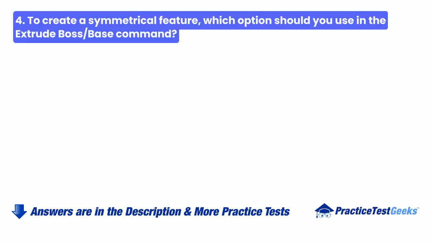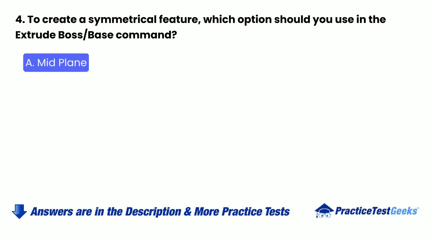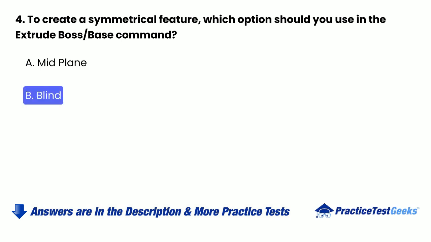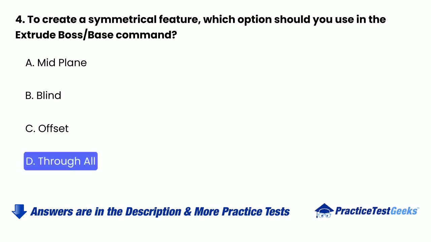4. To create a symmetrical feature, which option should you use in the extrude boss or base command? A. Mid-plane B. Blind C. Offset D. Through all